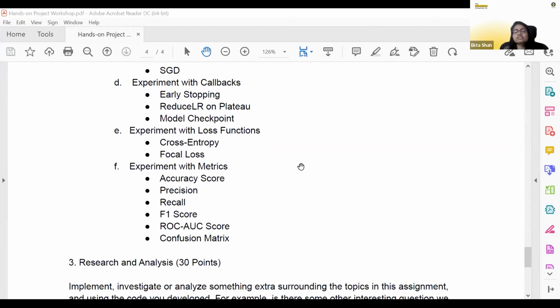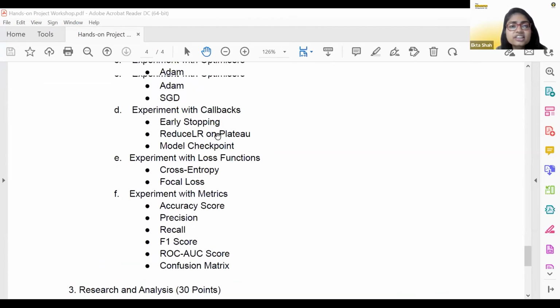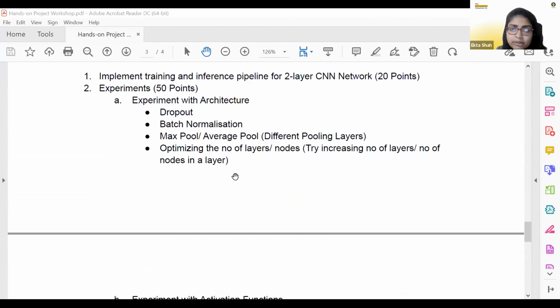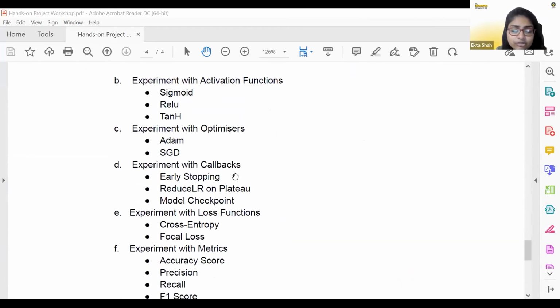So as I have always mentioned anywhere and everywhere about the different metrics that we have in data science: accuracy score, precision, recall, F1 score, ROC, AUC, then your confusion matrix. All of these metrics are chosen according to the use case. It is not something that you use generically for any kind of problem that you're solving. So over here, you can choose comfortably the metric that will suit the particular task that you want to achieve. So these are the different parameters which we would want you to experiment on, and that's why it's holding a good 50 points out of your 100 points.